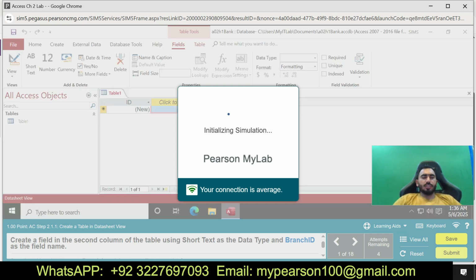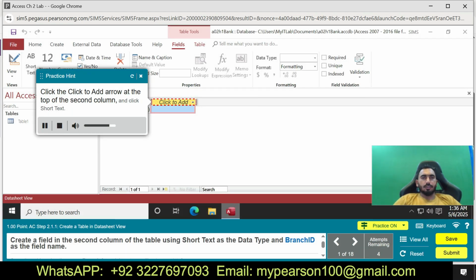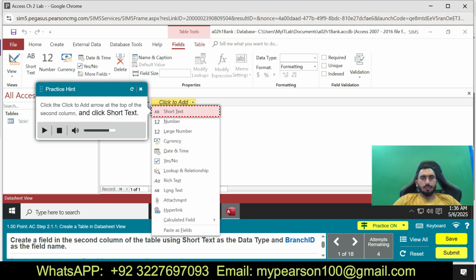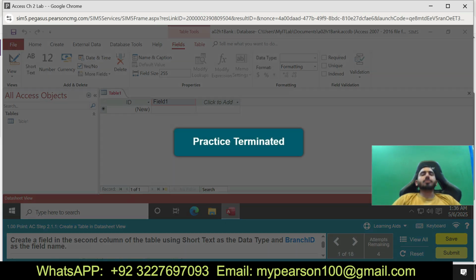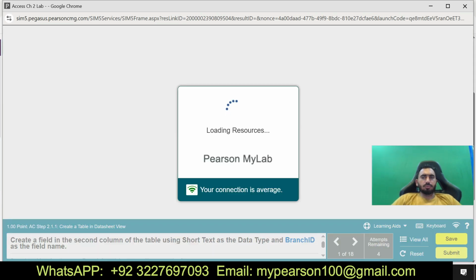OK, I can show you how to create a field. Click the Click to Add arrow at the top of the section. Short text. With Field 1 selected as the field name, type branch ID and then press Enter.